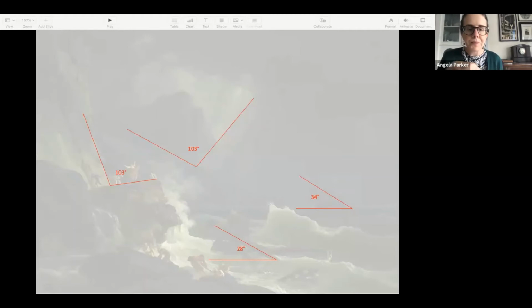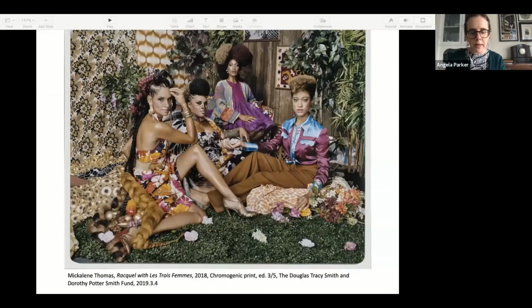And finally, we looked at some pieces that were either singular portraits or larger figural groups, including this contemporary piece by Mickalene Thomas, Raquel with Les Trois Femmes from 2018. Mickalene Thomas is a contemporary African-American artist who's best known for her photographs and her mixed media paintings. Her subjects are almost always women of color and often queer women of color. She's really interested in the intersection of those two identities and has included well-known figures such as Eartha Kitt and